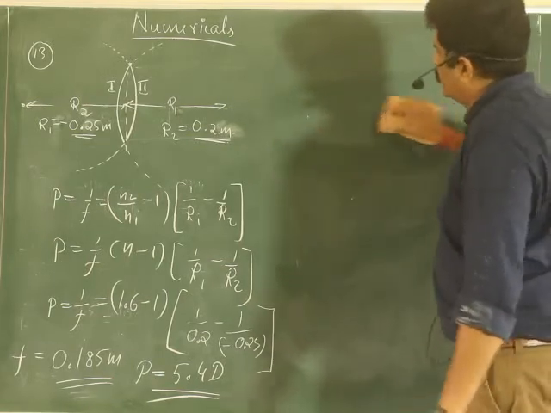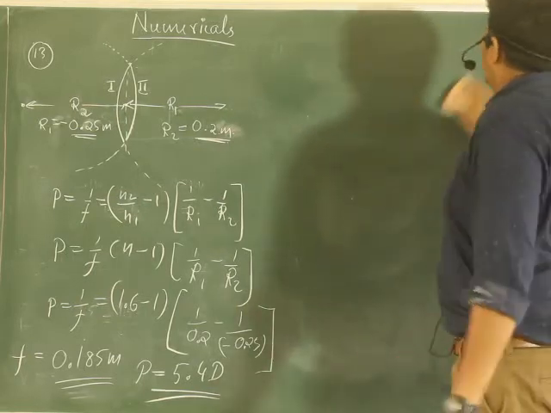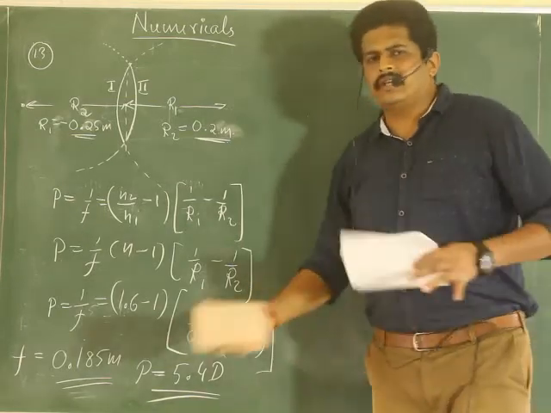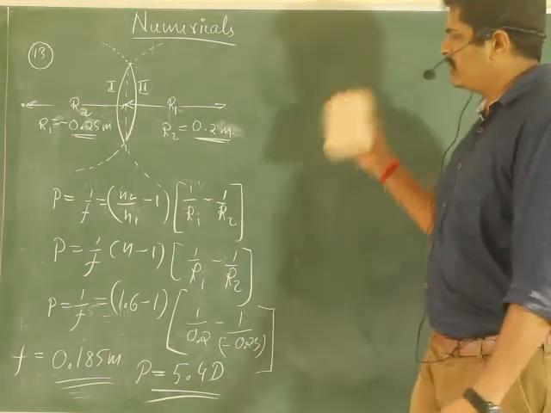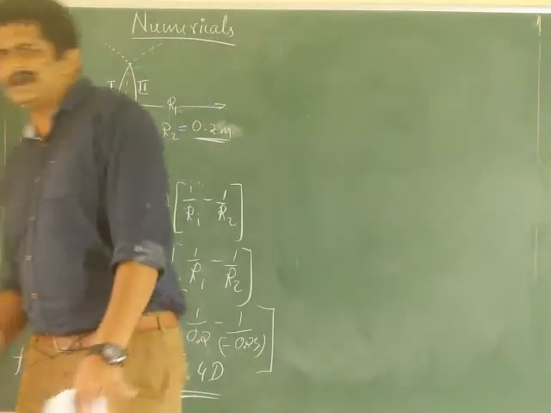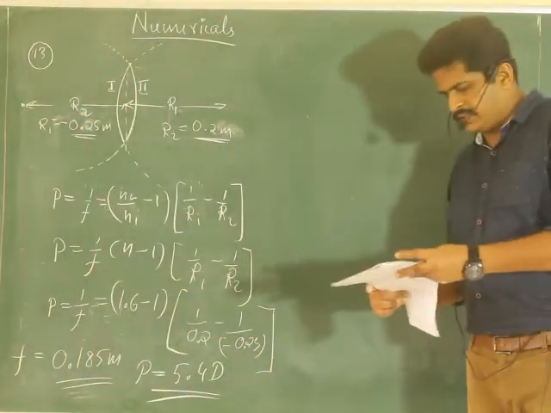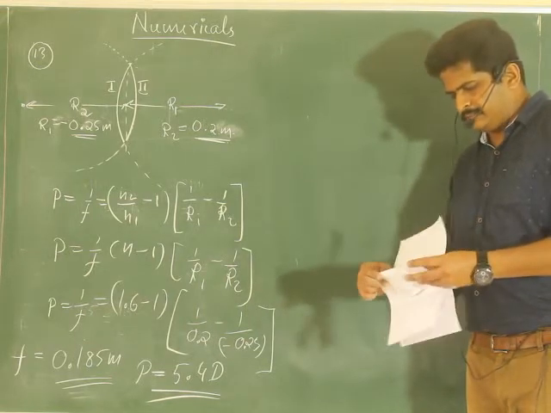Hope you understood why I have taken this instead of the refractive surface formula. If you apply that, the problem is you cannot simplify R1, R2 and all together. That is why. This is the formula which holds good for our current numerical, and it's the exact way I have solved. I think you understood it. Let us go for the next numerical.